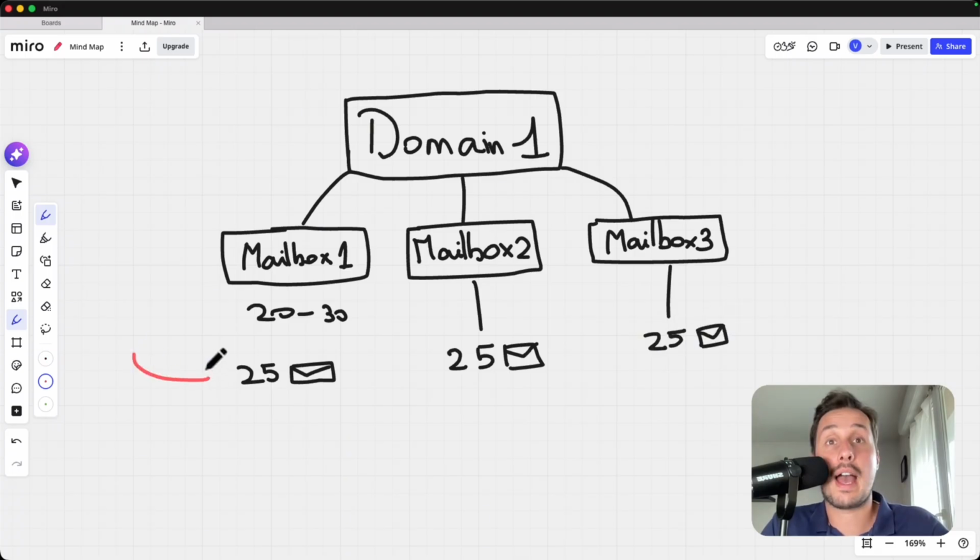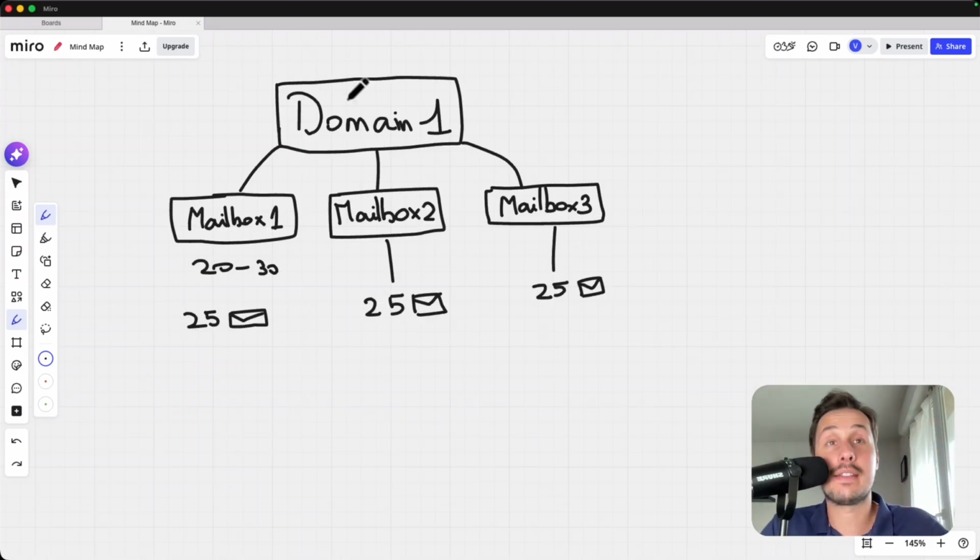And why you have this limitation of sending 25 cold emails per day, it's because you want to protect your deliverability. You don't want to be in the spam folder of your leads. So that's why 25 cold emails per day per mailbox is perfect. So at the end, you see that with just one domain, you can send up to 75 cold emails per